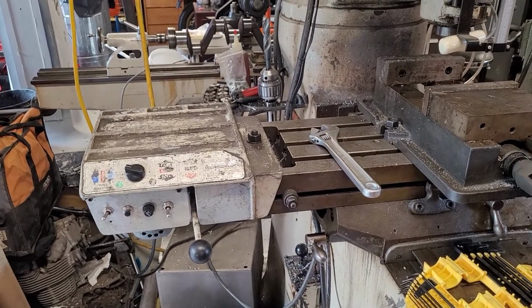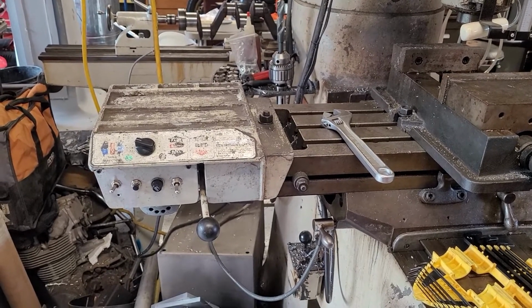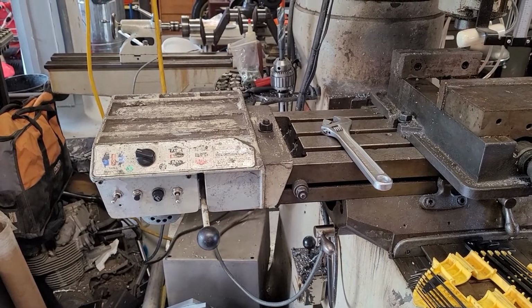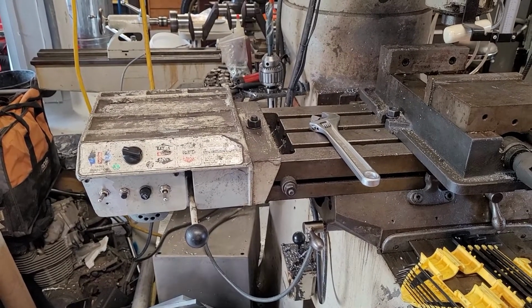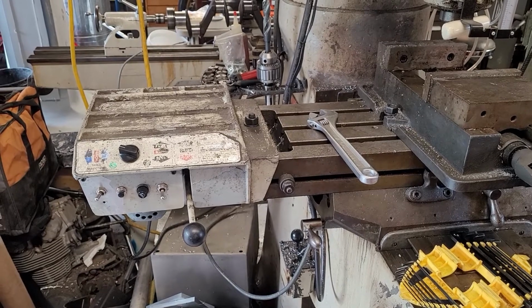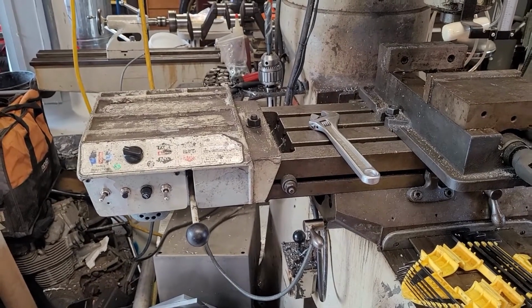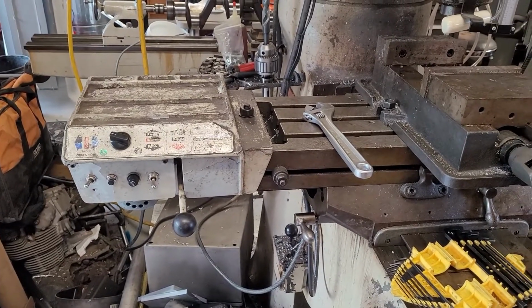Would I go out and buy one of these on eBay to put on my mill? No, I'd buy something better. Honestly, the ultimate solution is the old, well, might not be the ultimate solution. Some of the modern servos are pretty good. I have no experience with those, but I do think that the manual gearbox drive that was offered originally by Bridgeport with these machines is a far superior solution, with its own little electric motor and then an actual gearbox